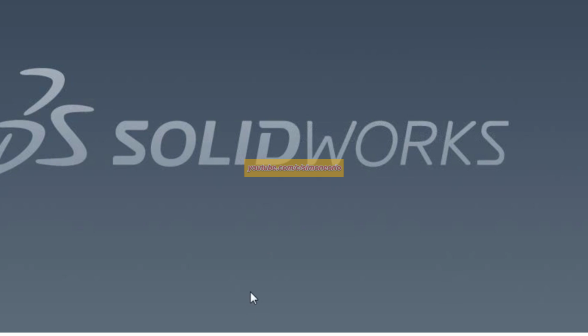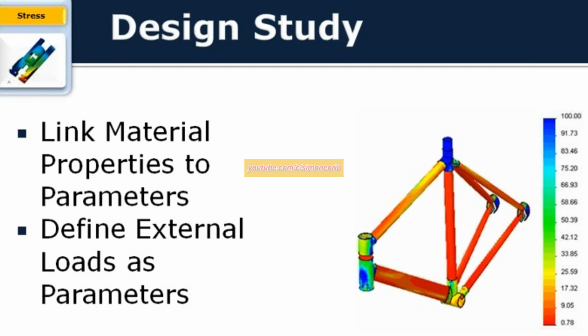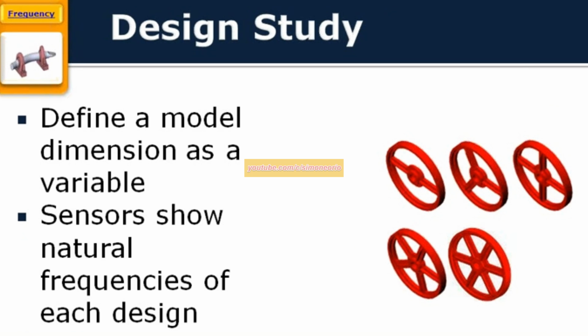So let's show you how to set these up in more detail, because that one was a bit complicated to run through, but it just gives you an idea of where you can go. Let's run this one. This one's simple enough to start with. We have a pulley system. We need to design all these different types of pulleys, but we want to avoid certain natural frequencies when we're doing the design of these pulleys. So how would we go about that? Well, we would have a sensor monitoring the first few mode shapes of each pulley, and we'll have a design study increasing the number of spokes and evaluating all those options for us.